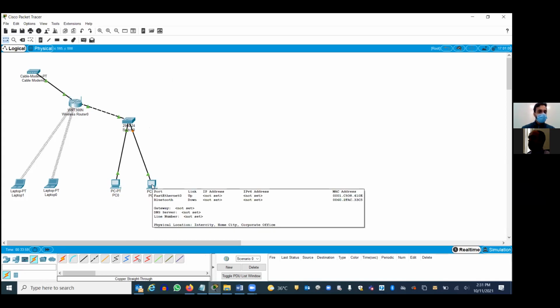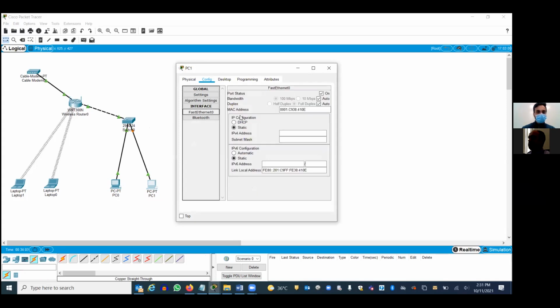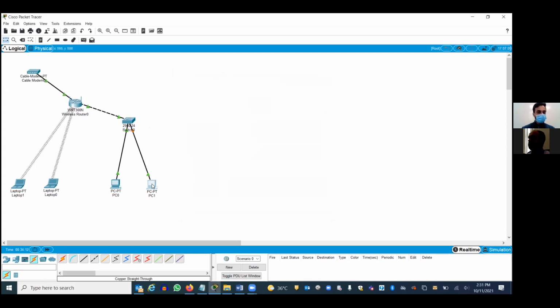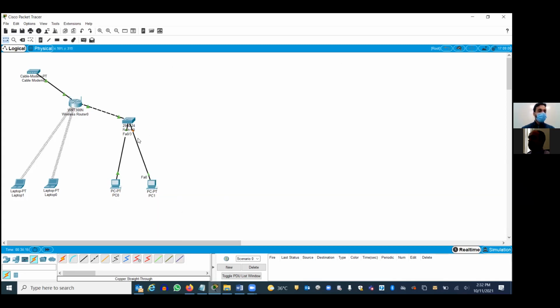No, right? Go to the PC, Fast Ethernet. Make it DHCP. Clear? So is it getting an IP address? Yeah, it will get an IP address because it's orange, right? See, now it's getting an IP address, right?